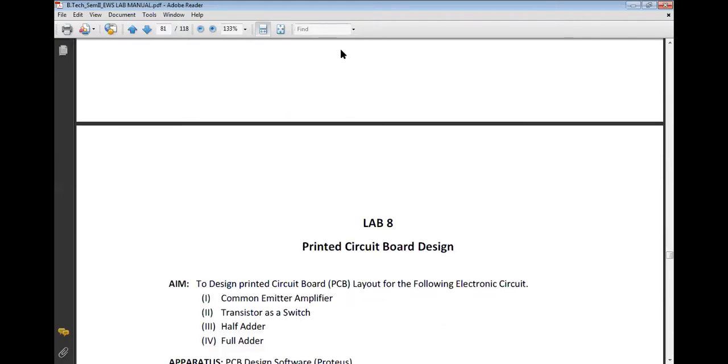So this is all about this experiment. Still, if you want to ask me anything, or if you have any query related to the electronic workshop lab, where Multisim software experiments are concerned, such as how to design an analog circuit or how to design a digital circuit, you can mail me, right? I'll reply to you. And this is all about the workshop laboratory session.